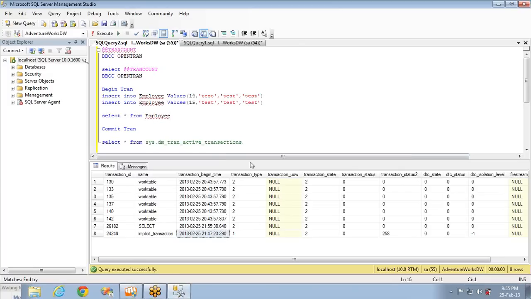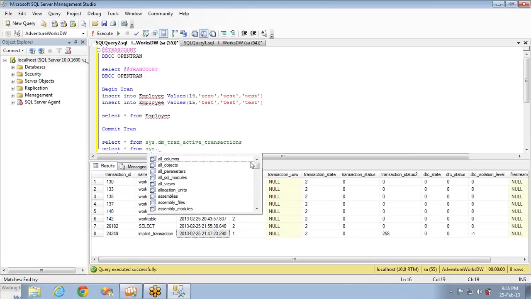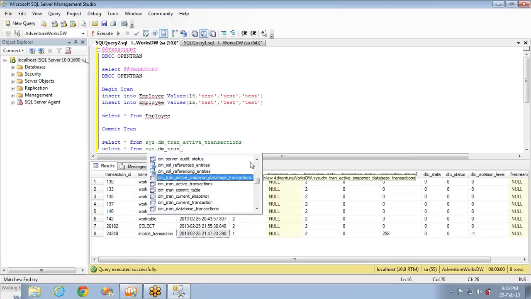And there are a couple of other tables which are useful, or which will hold the data of the transaction status. That is sys.dm_tran_database_transactions.